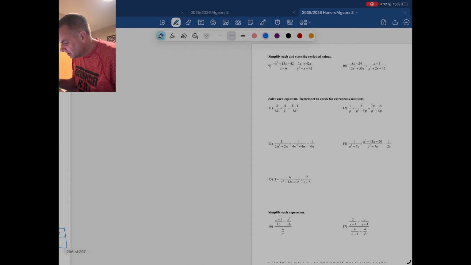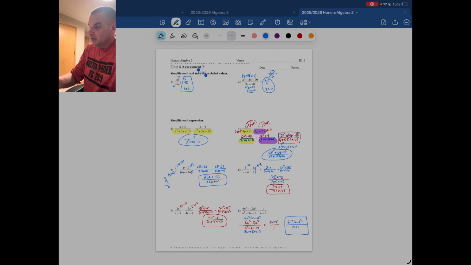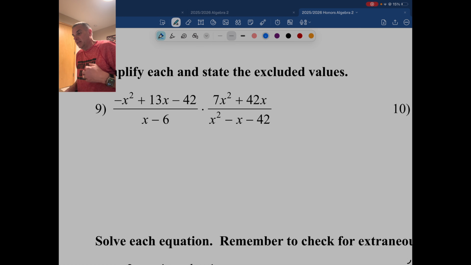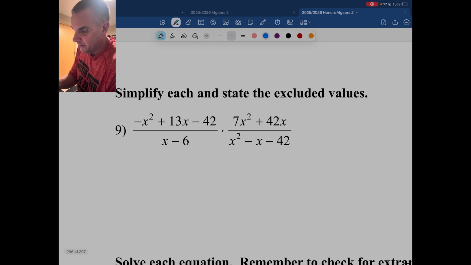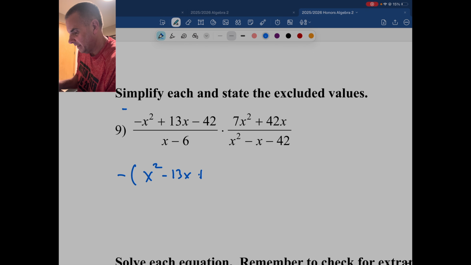I think that was a division sign. We're going with it's a division sign. Yep. All right, now we have to simplify each and state the excluded value. So this is multiplying. Ooh, negative x squared, yuck. So I'm going to factor out a negative first. If I factor out a negative, that's going to give me x squared minus 13x plus 42. We like the a value to be positive. Over x minus 6. If we go ahead and factor that, that's the negative of, it's plus 42, so x minus,